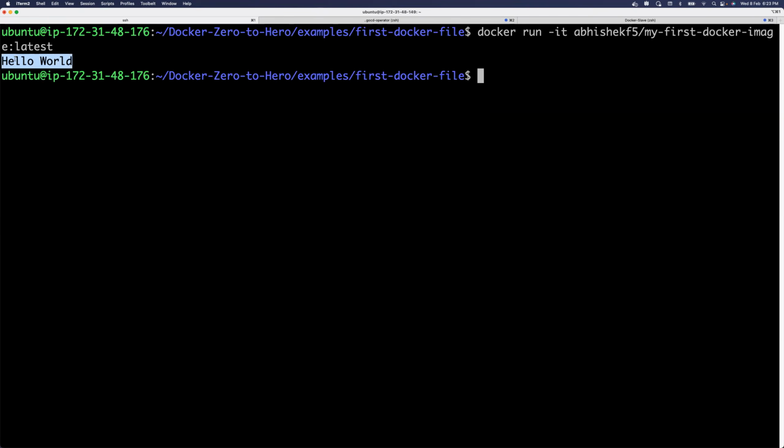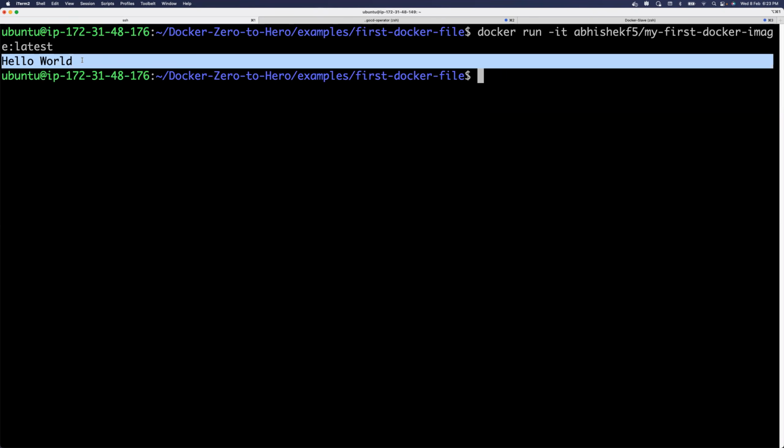That's why we use a hello world application. Whereas if this is an application, let's say a web application or a 3-tier application, then the same things will be executed and you can see the application live on your browser. Okay, so are the things clear till now?